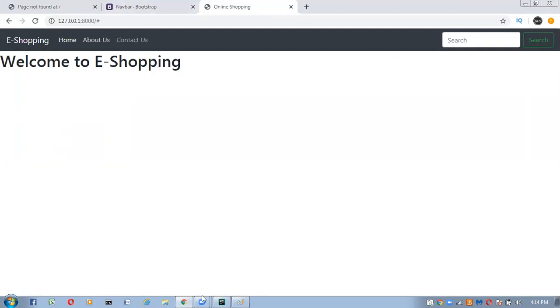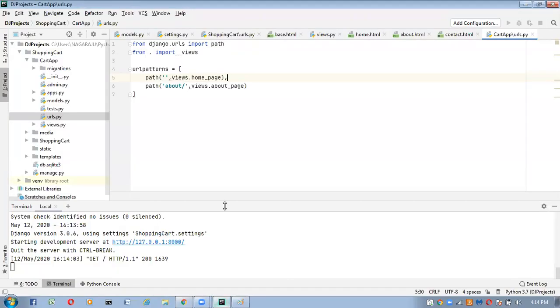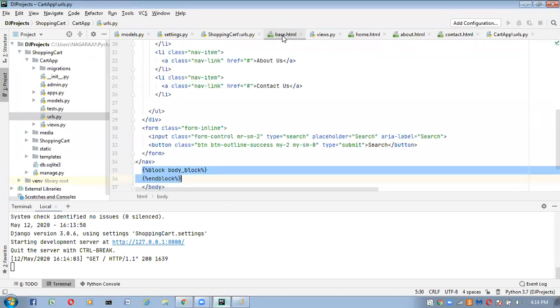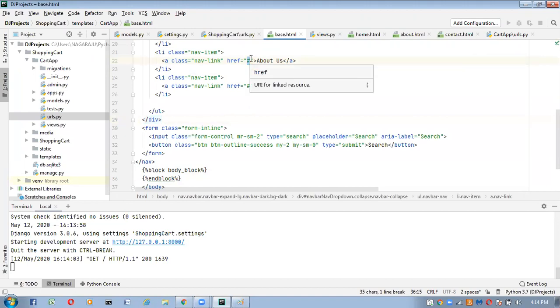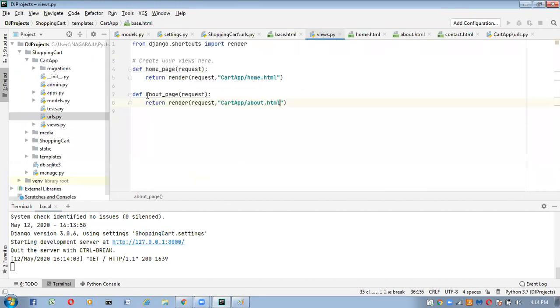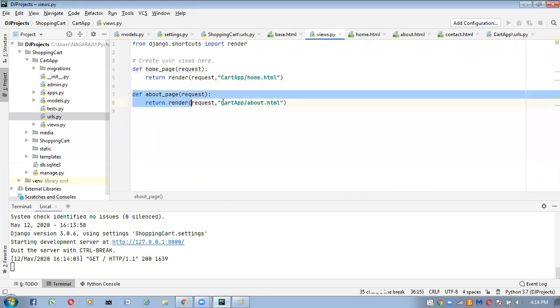Now go back to the base.html file. Where we are taking about us, what do we have to give? If you click on about us, which function should execute? Inside the views.py file, the about underscore page function should execute.